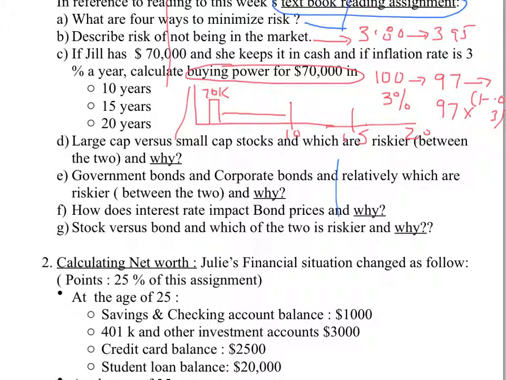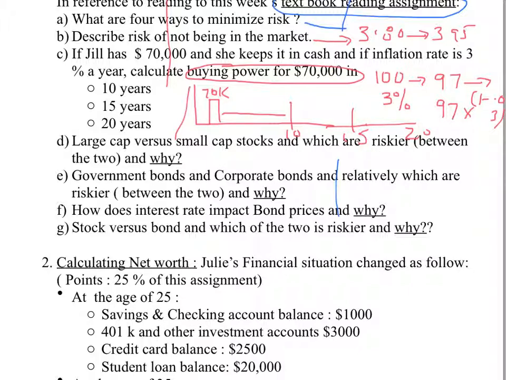We said the asset is a class, bond is a class. So now within the bonds, which one would be safer? And obviously, just like stocks, if we are lending money to someone, be it a corporation or a government, who do we think is going to give it back to us? So obviously, if you're lending it to the U.S. government, they are backed by the U.S. government, so they are safer.